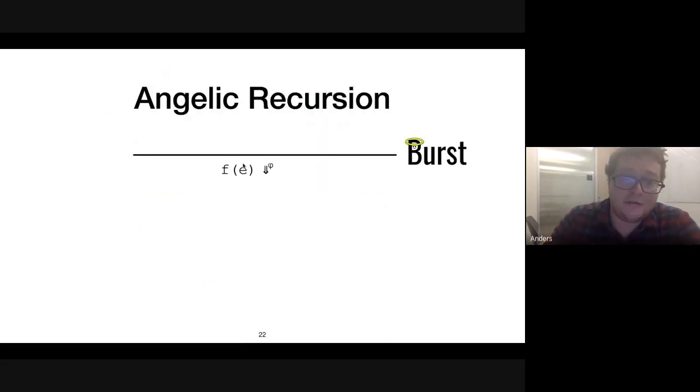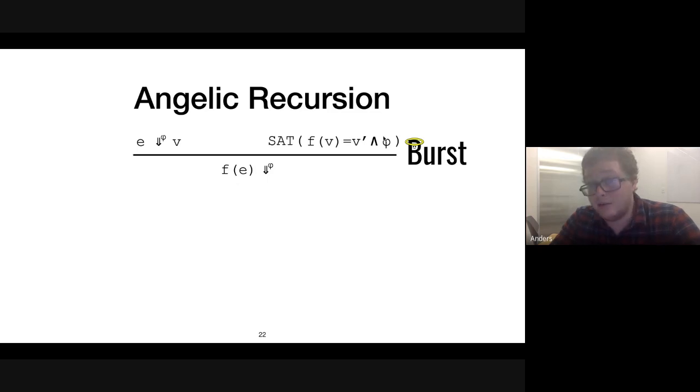I've got f of v, and I evaluate under phi to what? We're using call by value. So we obviously just have to evaluate e to some value v. So what we're actually asking when we say what is f of e, is what is f of v. And we're saying it can return any v prime such that if we conjoin it with our specification, it's satisfiable. In other words, we're checking: is f of v equal v prime consistent with the spec? And if it is, then we can return that v prime.